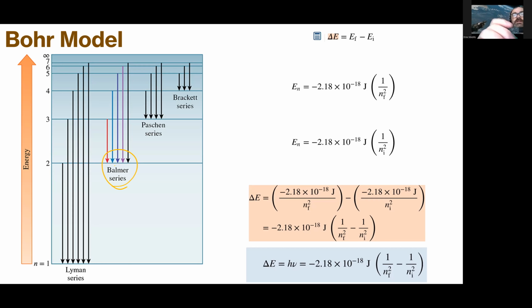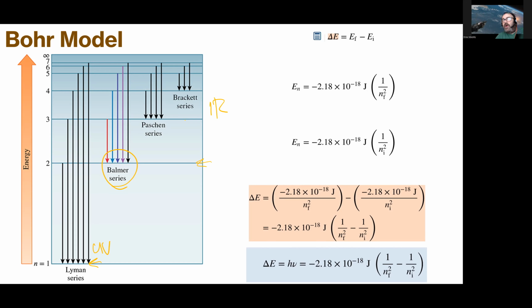The visible ones are all going from high energy levels down to n equals 2. There's ones that emit more energy. These are going to be out towards the UV. These are going to be out in the infrared because they have less energy coming off of them. Okay, but Bohr said, okay, the energies are coming from this transition. And he calculated stuff and worked through things and came up with that the